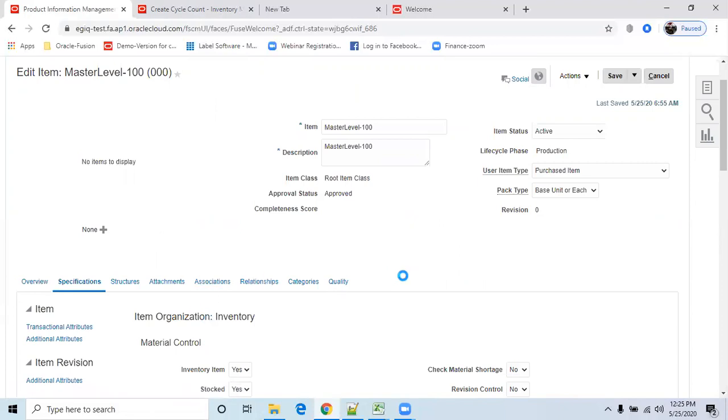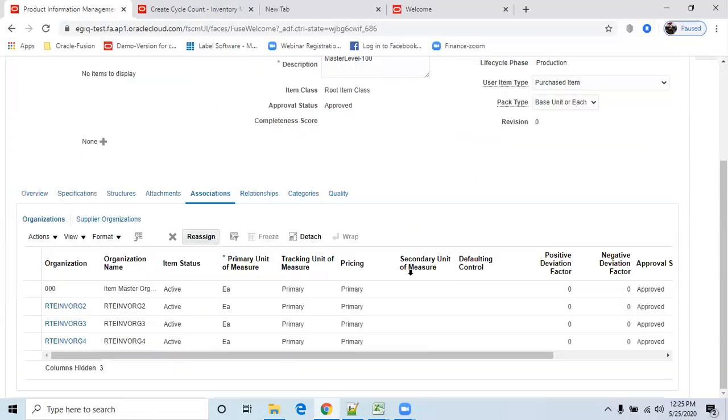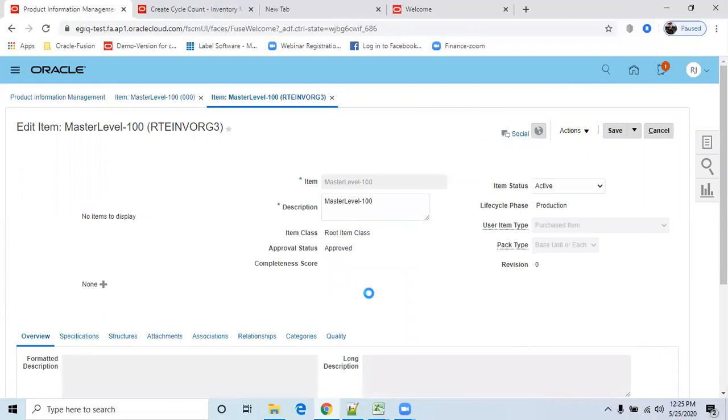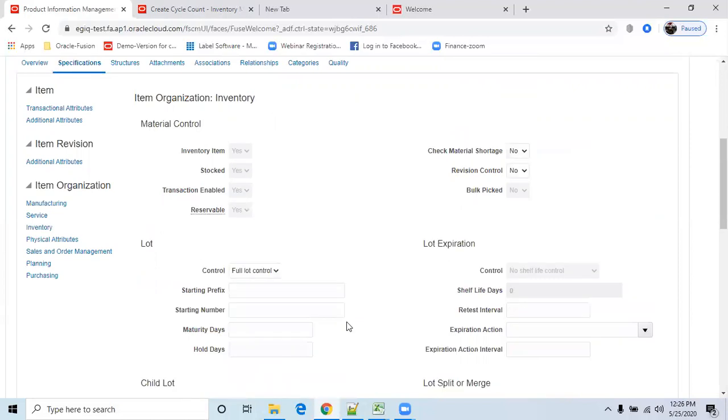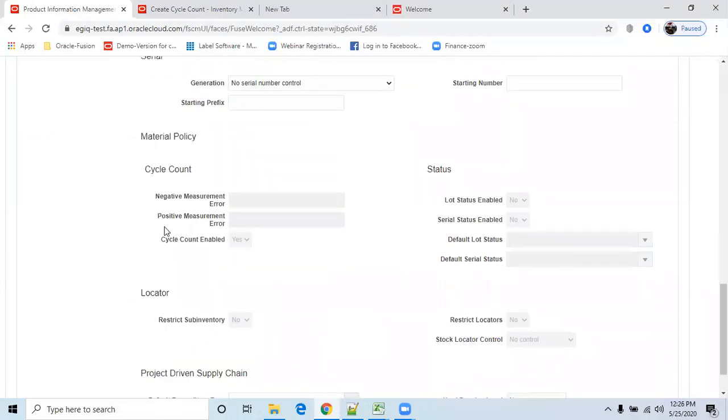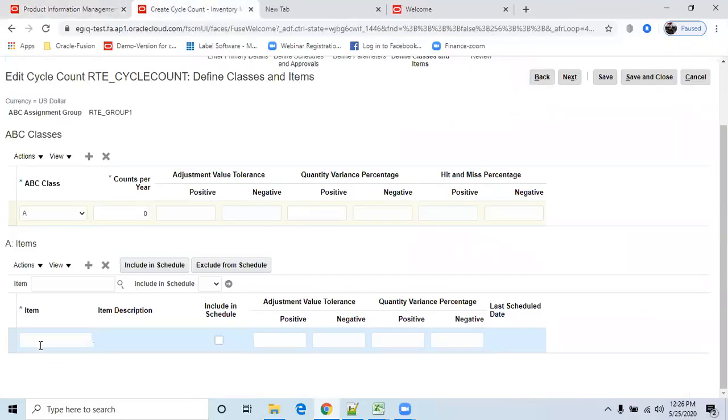Verify in the inventory, go to associations, inventory org 3, go to specifications, inventory, cycle count enabled S. Now try to provide, yeah, now it has come. So the mandatory requirement is that cycle count has to be enabled in the master.